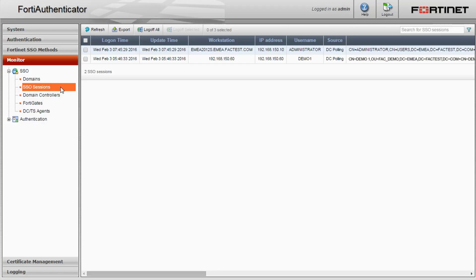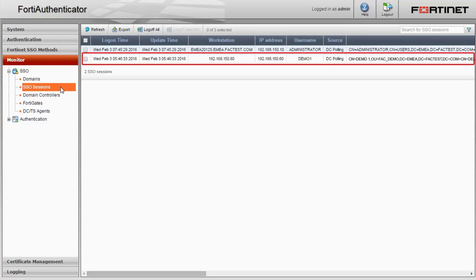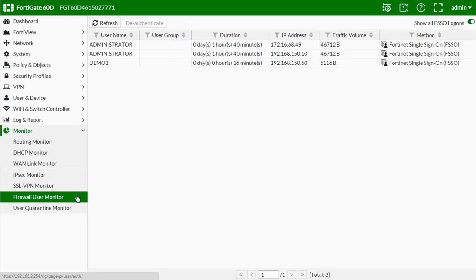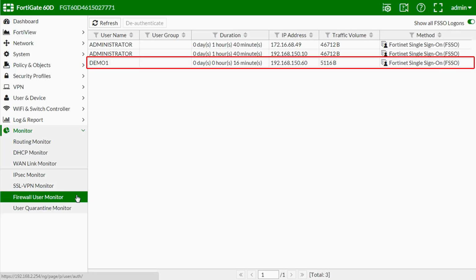Then, go to the FortiAuthenticator's Monitor menu and SSO section. Here are all the current domain users that are currently logged into the system. Notice that the source of the logon event is named DC polling. If we look at the FortiGate's Monitor menu and Firewall User Monitor section, you can also see the firewall policy